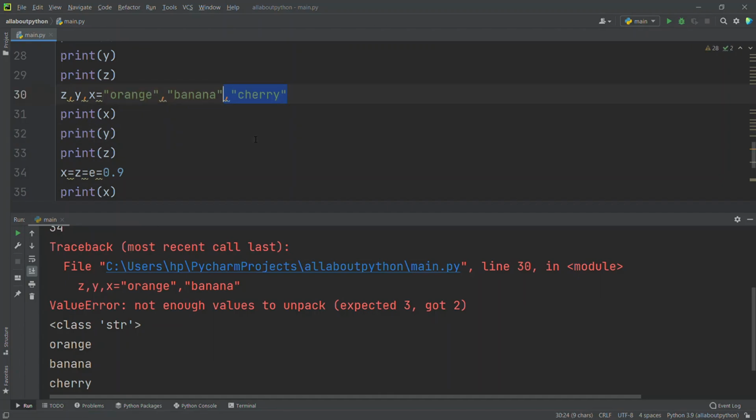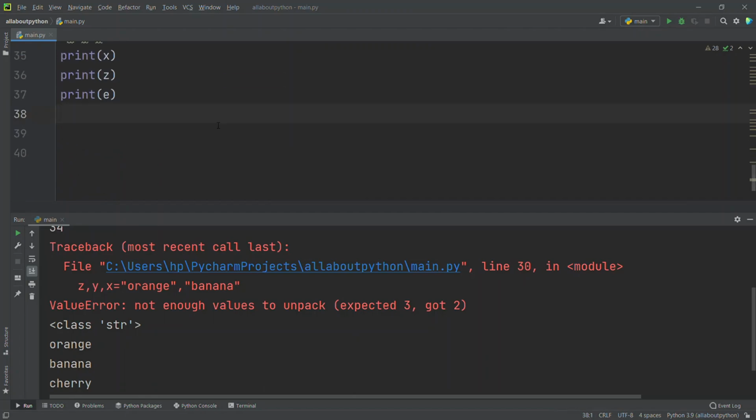Now we will see how to unpack a collection. See, if I have a list, let me say x equals a list. Inside the list I am just saying apple, comma, banana, comma, cherry. If I want to unpack this data and assign it to other variables, how am I able to do that? This we are going to call unpacking a collection. We can do unpacking a collection for lists, tuples and the remaining data types.